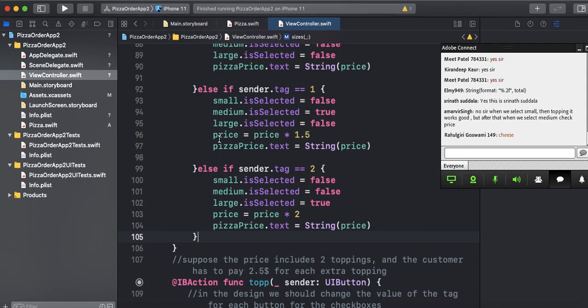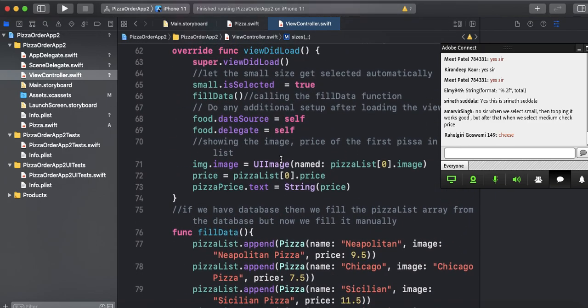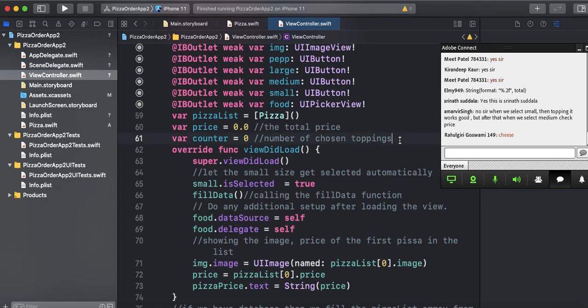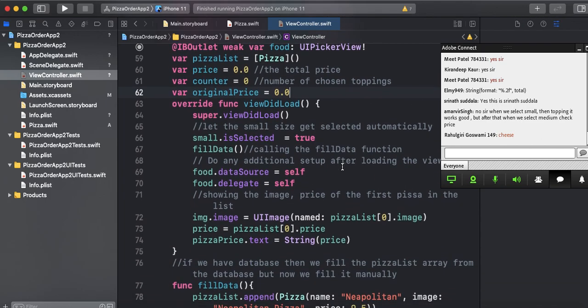Every time we are changing the price. So if we click it and go back, click it again, we are increasing, so we should take the original price before any changes. I can get the original price here. Var original price equals 0.0, and